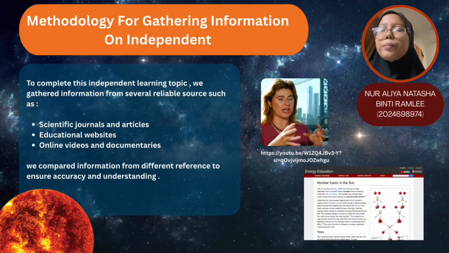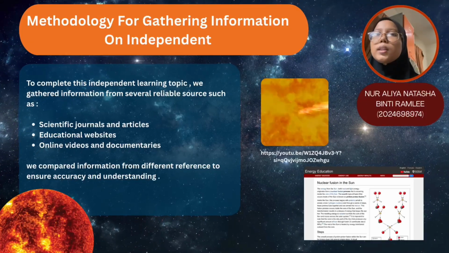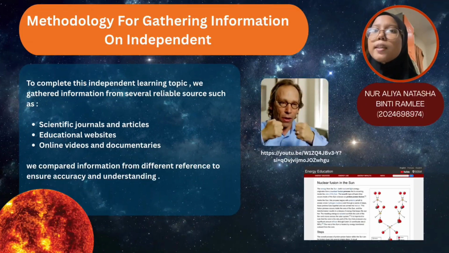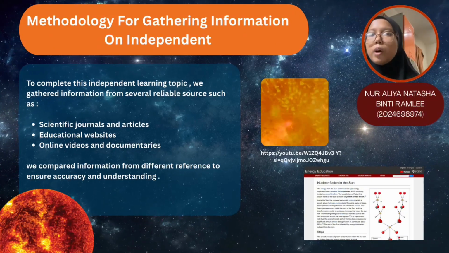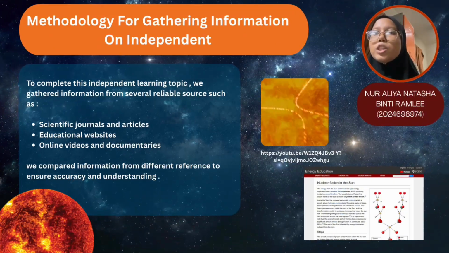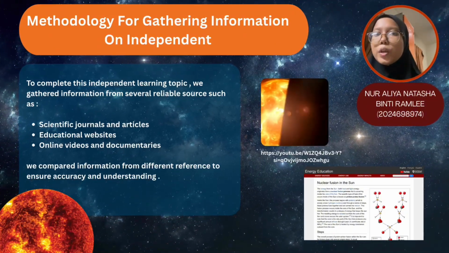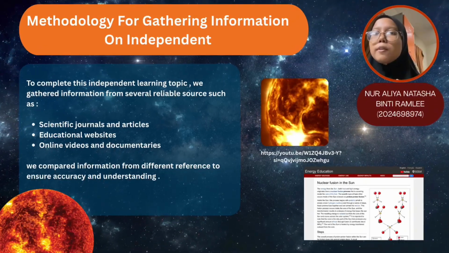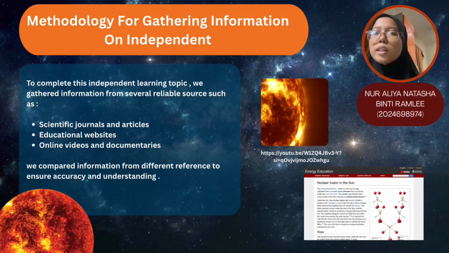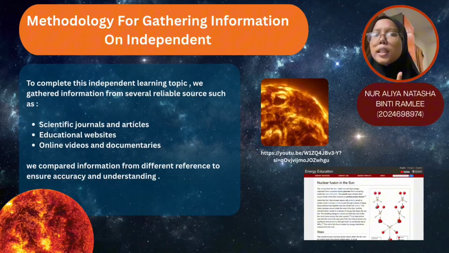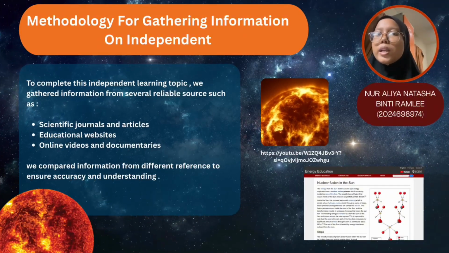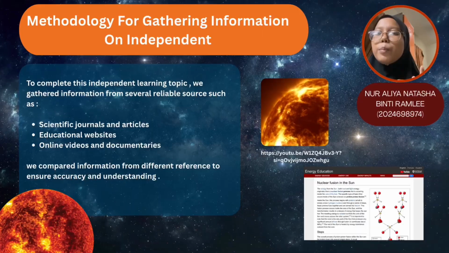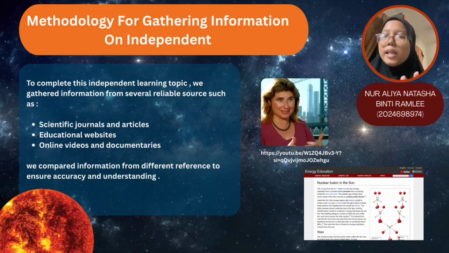important in modern physics. So next, I will explain the methodology we use for gathering information for this independent learning topic. To complete this research, we collect information from several reliable sources such as scientific journals, articles, education websites, online videos, and documentaries. We compare information from different references to make sure the fact we use is accurate and easy to understand. Important concepts we summarize and simplify so that they could be explained clearly during this presentation. This method helps us gain a better understanding about how nuclear fusions happen in the sun and why is it